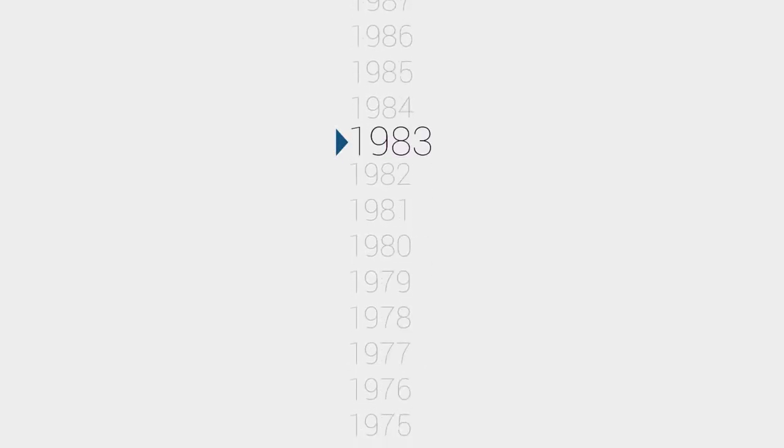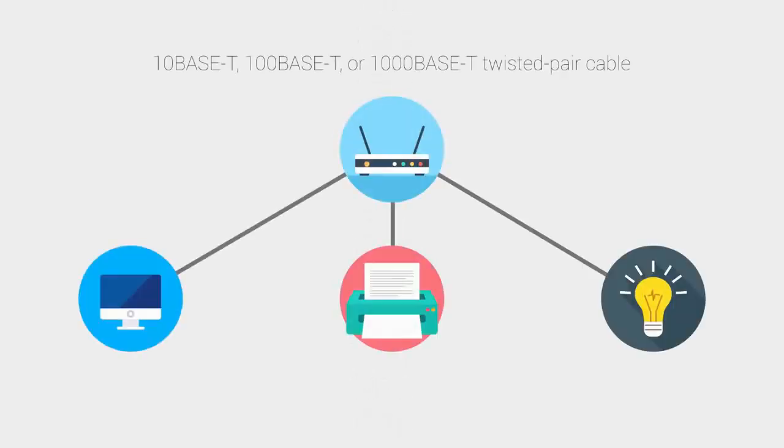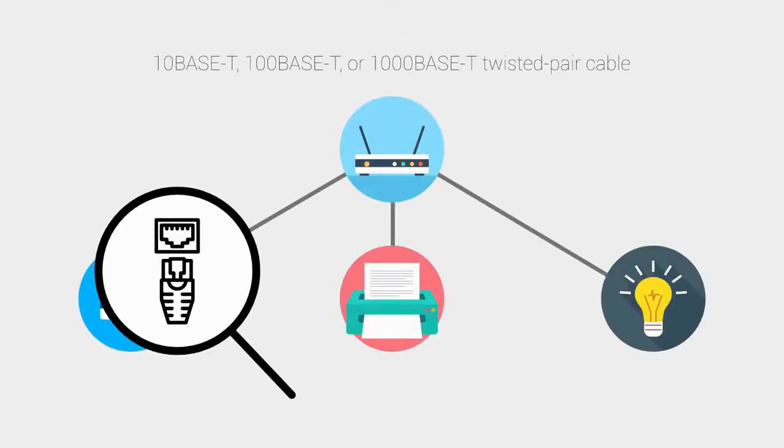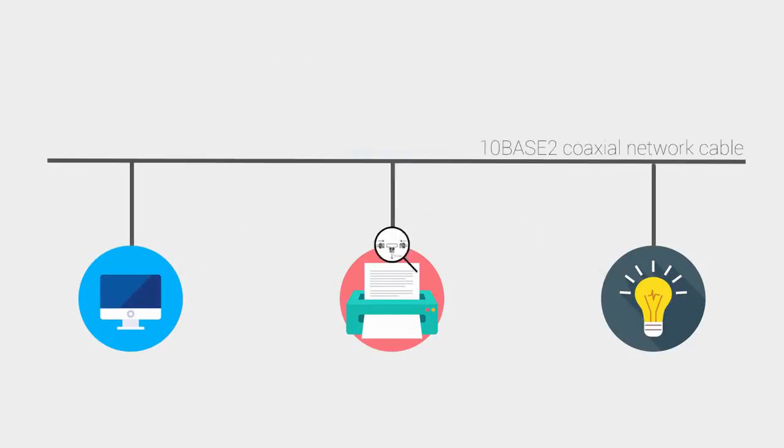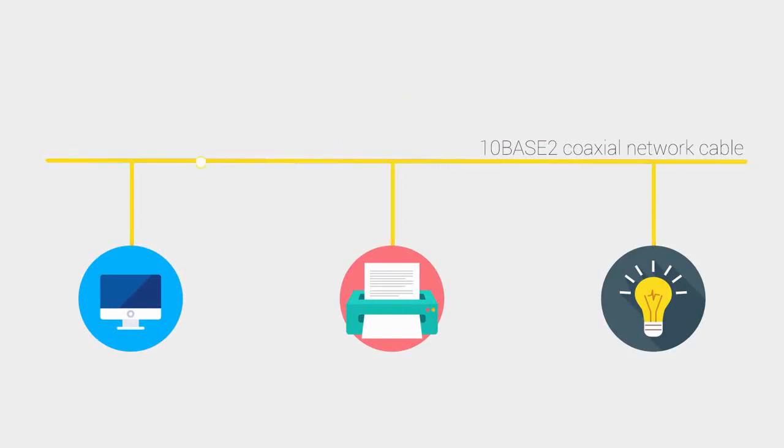Back in those days, computing hardware was rather expensive. Instead of the current setup where we plug everything into one router, a much different system was in use. All network-connected hardware had to be linked up to one long coaxial cable. At any given time, only one device could send data over the network, so the system had to be designed